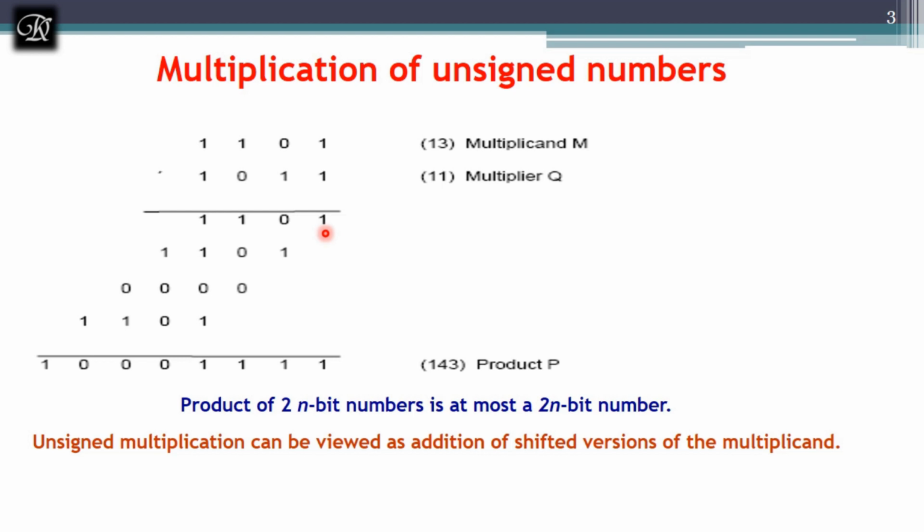Next, what I do is I will shift one bit towards left, and next what I'm going to do is I'll take up the next bit from the multiplier, which is also 1. Again the answer remains as 1101. And now this is the second partial product. I will go to the next partial product by shifting left by one position, and I'll take up the next bit from the multiplier, that is 0, and now I will multiply with the multiplicand.